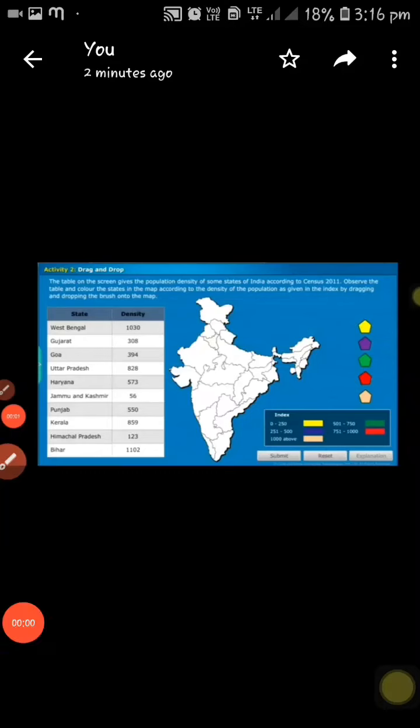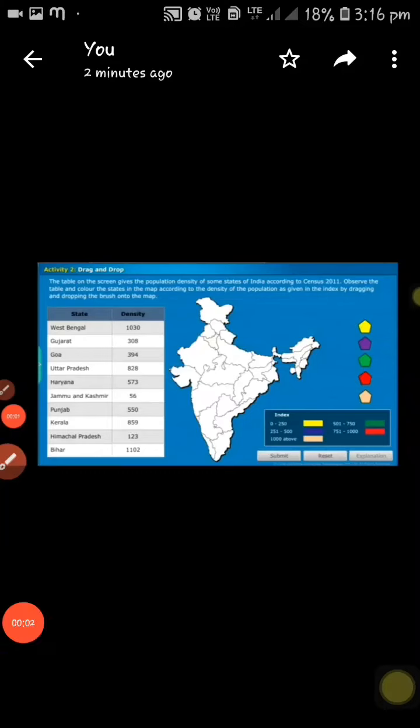Population density maps are those maps which are used to show the population through shading. We first estimate the total number of people living in a place, then we measure the area of the place and then divide the number of people by the area of the place. For example, if the area of a place is 100 square kilometers and 10,000 people live in it, then the population density of the village is 100 per square kilometer.